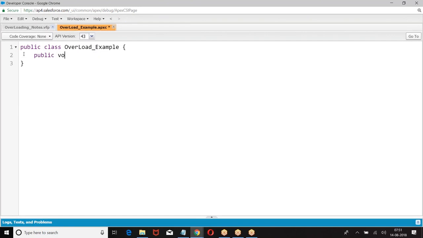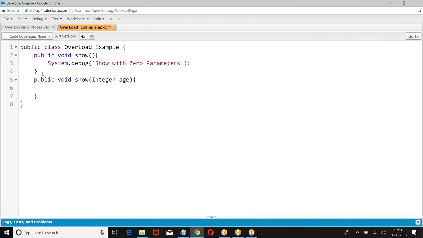Public void show, with 0 parameters. Public void show, system.debug, one integer parameter.